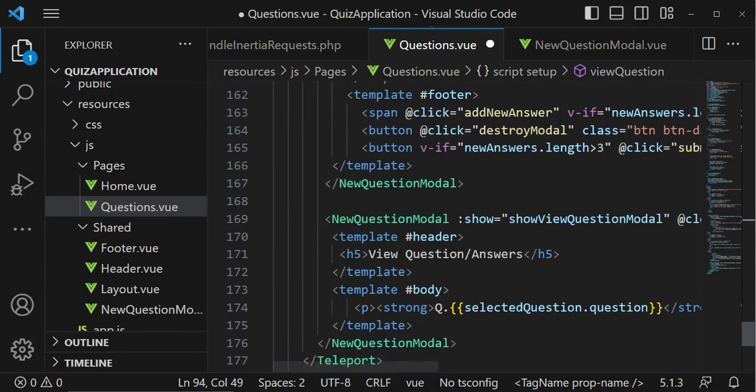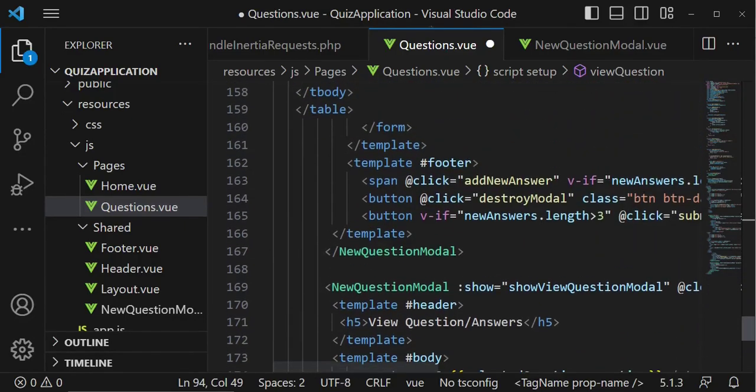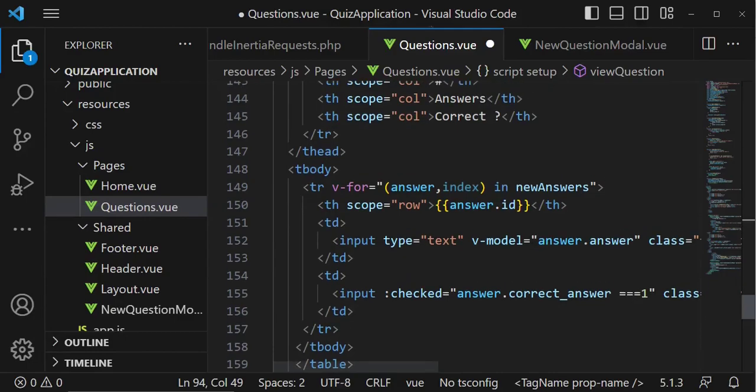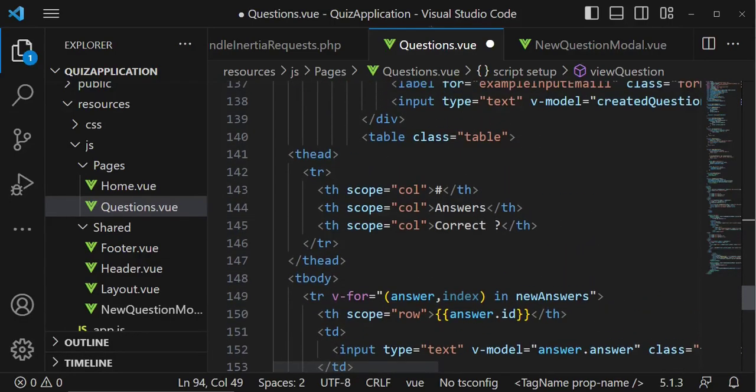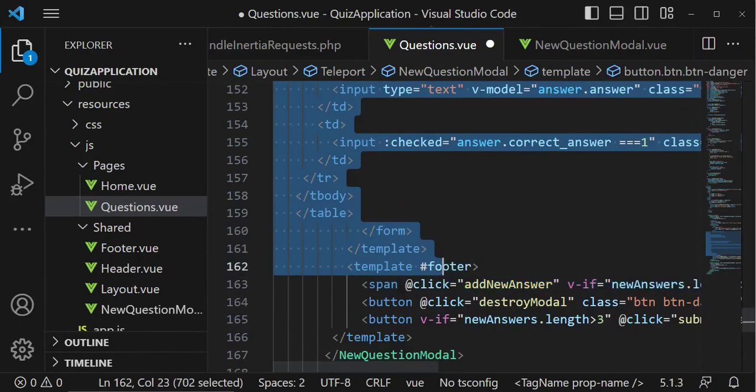Now, down here, I want us to be able to have the answers. And I believe we have something that can just be able to assist us to do that. And I'm going to copy this table. There's this table that we had somewhere in our previous tutorial, the one that we created. I would like to copy the whole of this table. I do not want to type the whole of it, so I will copy the whole of the table,